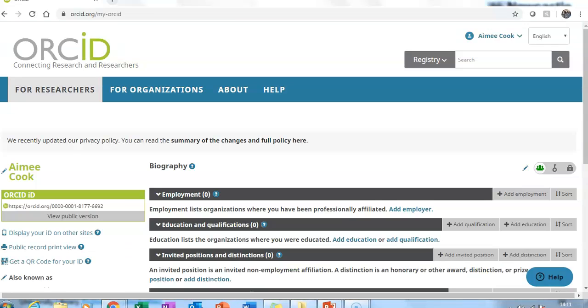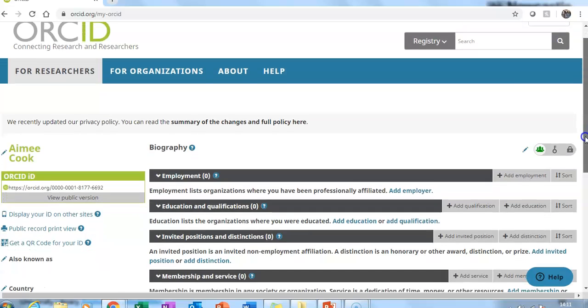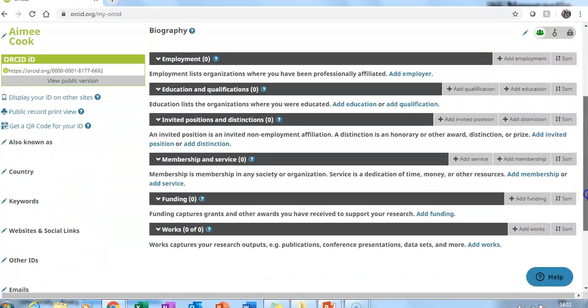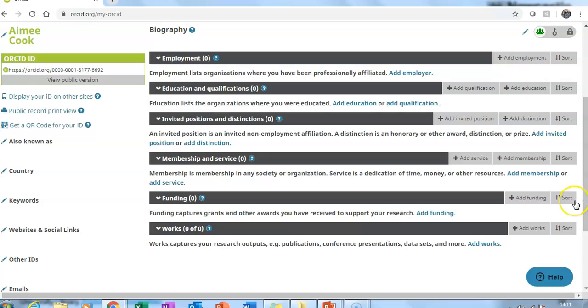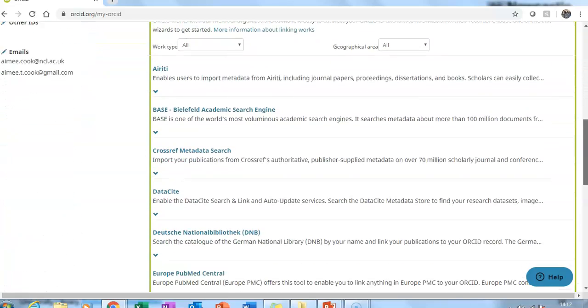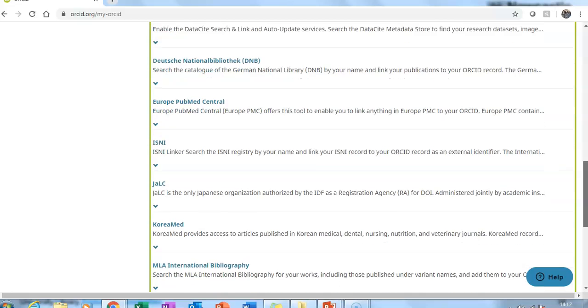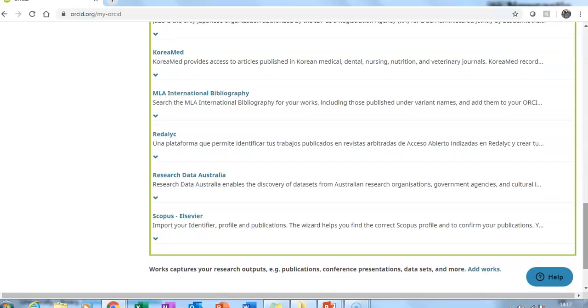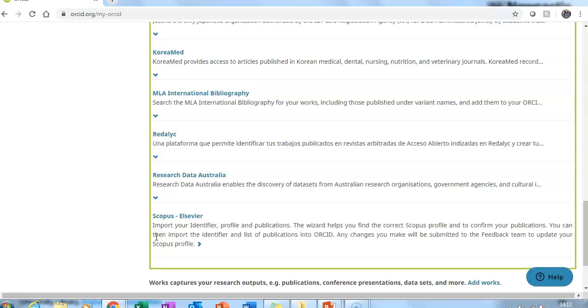But once you do have an account, you can see that you're prompted for all the details that build up your research portfolio, including the option to add works to your profile. And this is where all of that hard work in creating your research profiles on the other platforms and tidying them up and making the most of them comes into force, because you are able to simply link the two together and pull all of the information about your outputs into your ORCID ID, into your account.